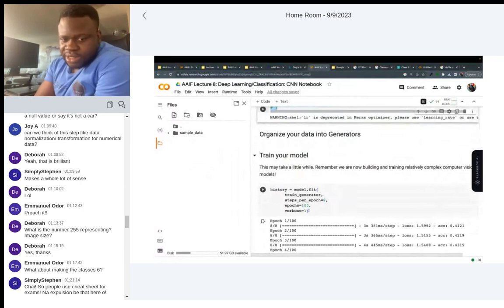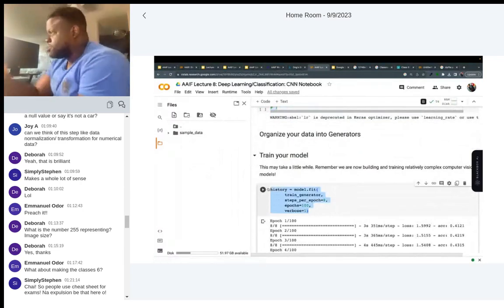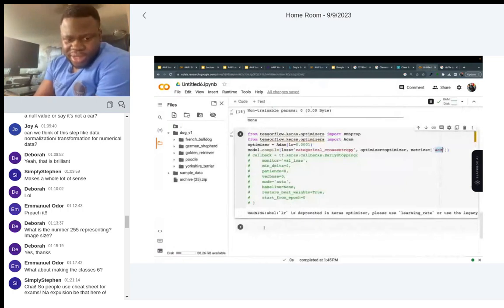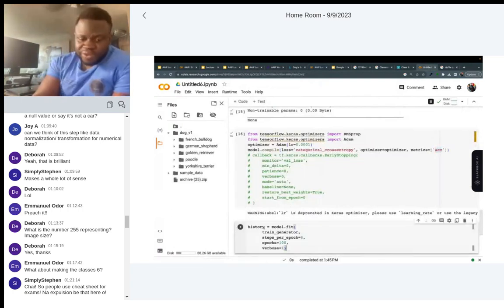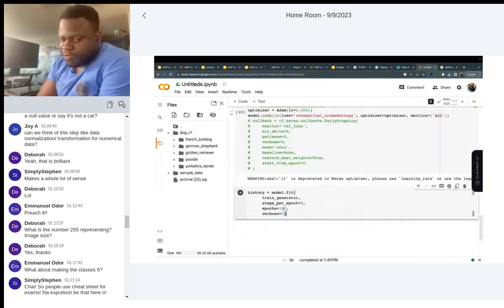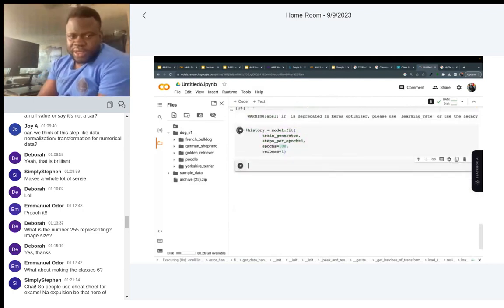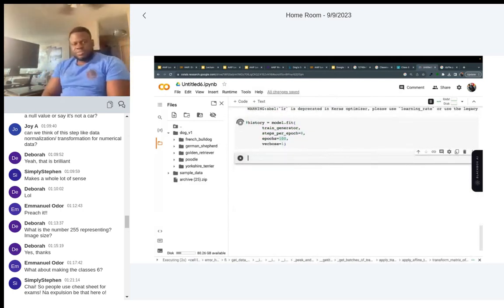And then what's the next thing? It's that simple. Train your model. Four steps. Train your model. Let's see how good or bad this is. I haven't trained this. So we are training for 100 epochs. You can train for 200 epochs. You can train for 500 epochs. All right. Let's train our model.